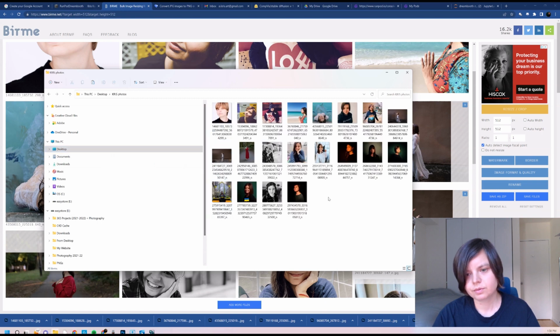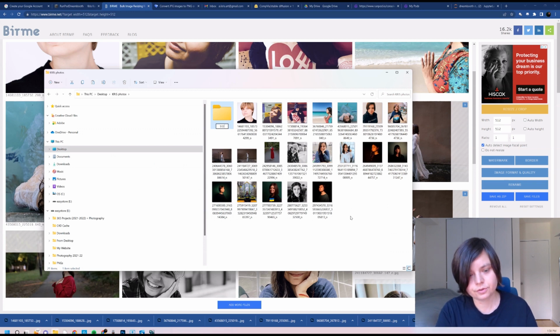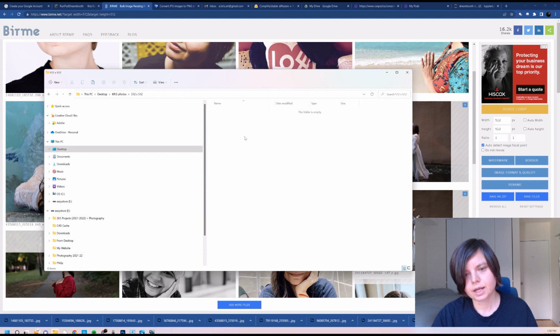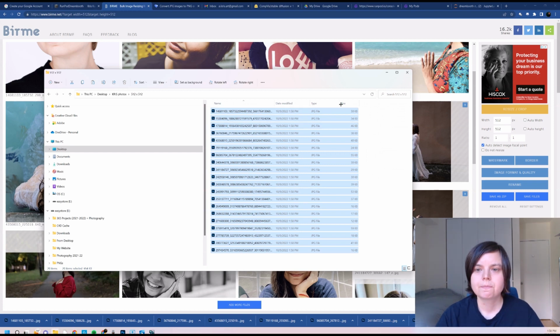So I'll put them to this folder, I'll make another folder. You don't have to do it like I do it, it's just easier for me to do it this way. I will create another folder and I will paste all those images I just created. And as you can see, all of them are JPEGs. And the thing is, we need PNG for the Dreambooth. I don't know, maybe they'll change it in future, and maybe you'll be able to use any formats, but right now it has to be